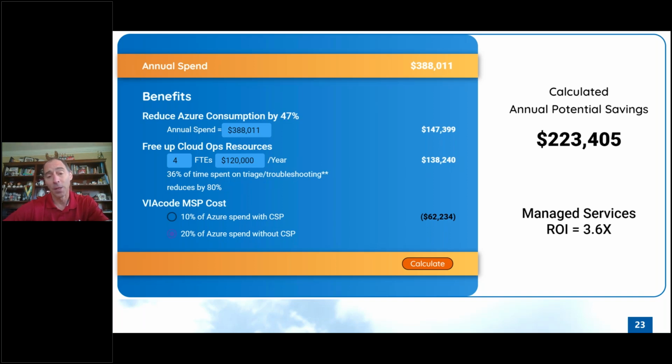So because of our experience and the tools that we're using, and likely you're focused on other priorities, in all likelihood, we're going to be able to manage your Azure operations more completely, more comprehensively, and more cost effectively than you're going to be able to do it yourself. So why do it yourself?